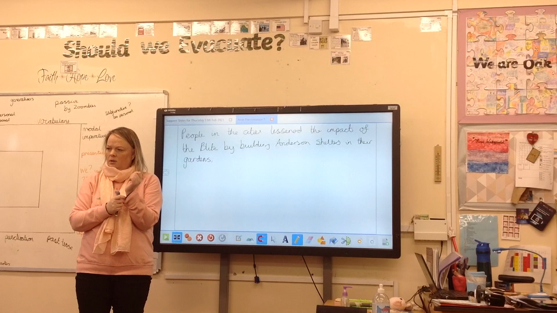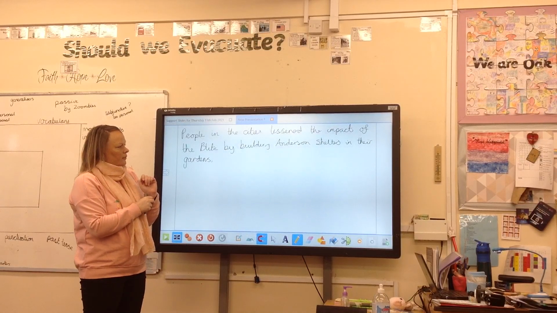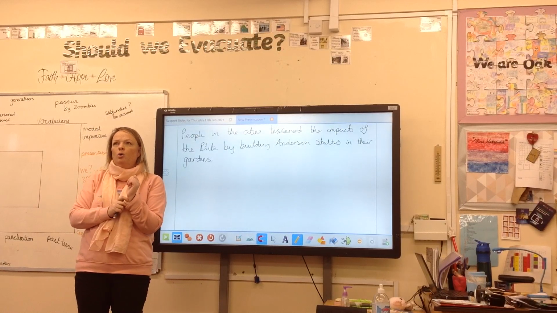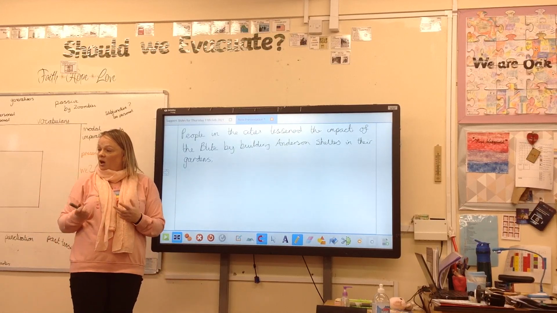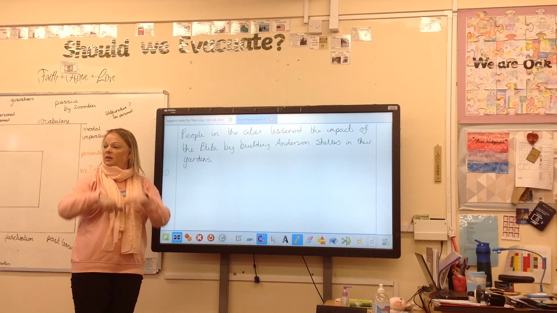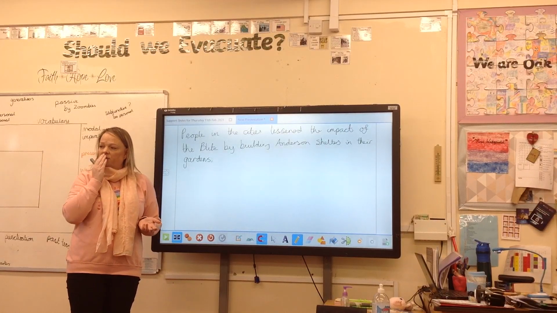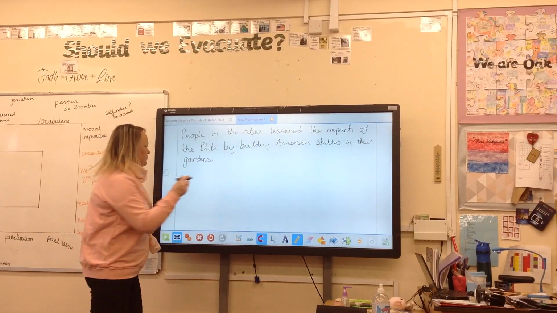By blacking windows out with thick paint and cardboard. Now, blackout wasn't just about windows. It was a whole idea. So it could be by following blackout guidelines, including covering their windows. Yeah? Are you building on that or something different? Something different. Should we do this one first and then do your one?